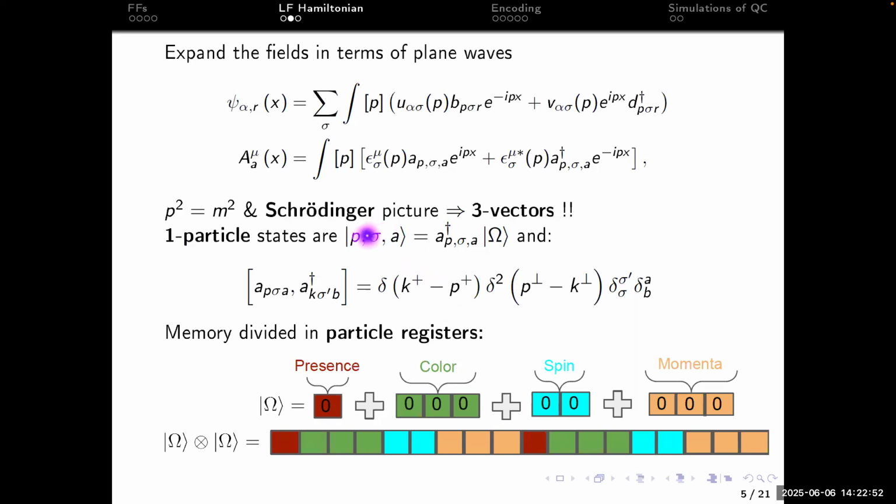So how can we codify these terms in a quantum computer? Well, we count the states that a single particle can have in a given discretization, and then we assign a sufficient amount of qubits. With n qubits, you can write 2 to the n binary numbers, and you map each binary number